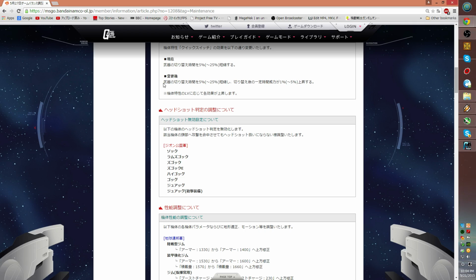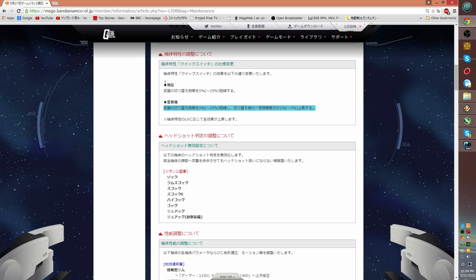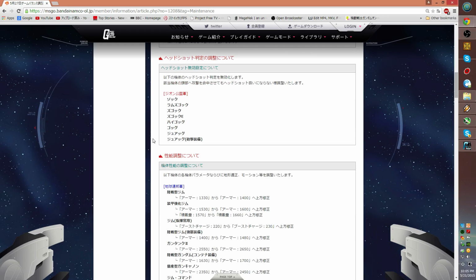So yeah, this is one of the first things I'll be testing when this patch goes live, because I got a Goof Custom that's got the quick switch trait, and Goof Custom gets grenades, so I kind of want to test that. The one suit that I really want to see is the Artillery Zaku. There's some crazy shenanigans with the Artillery Zaku. Okay,